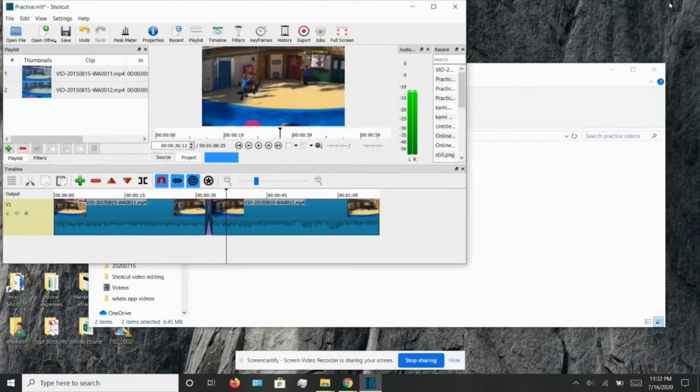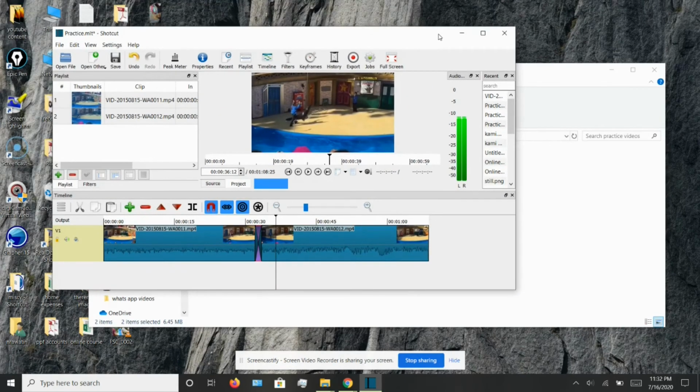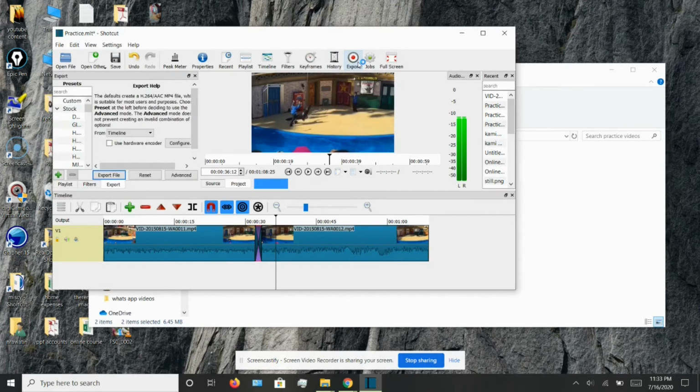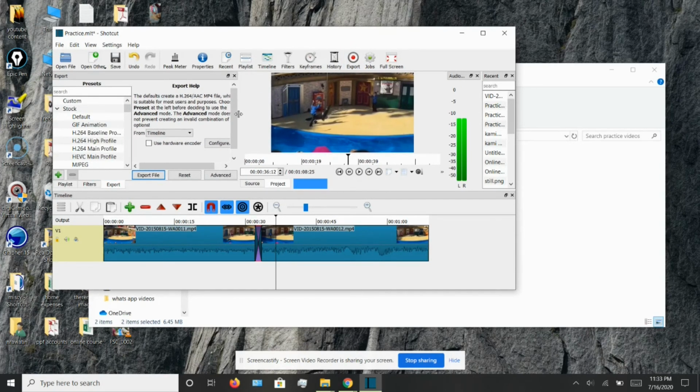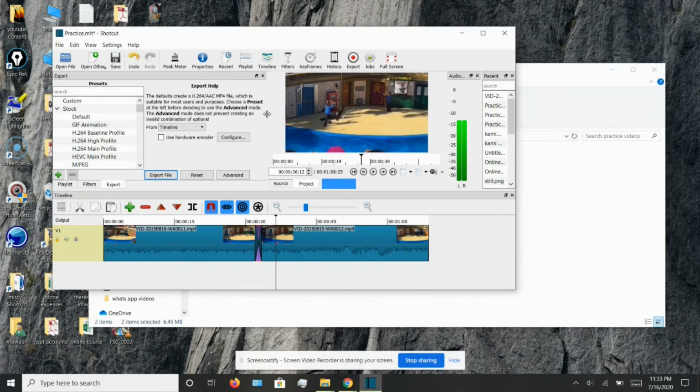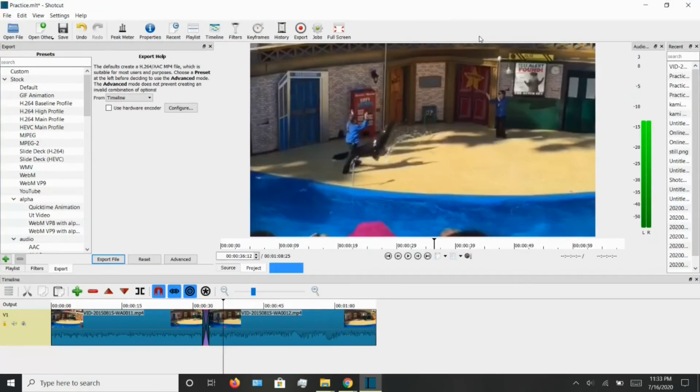So, once you are happy with the merging of the files, you can choose the option that says export, which is this button right here, and you will have to drag this window a little bit so that you can see the preset options. If you want to upload it on YouTube, there is an option made for that, which you can choose in the preset. So, let us choose the YouTube option,